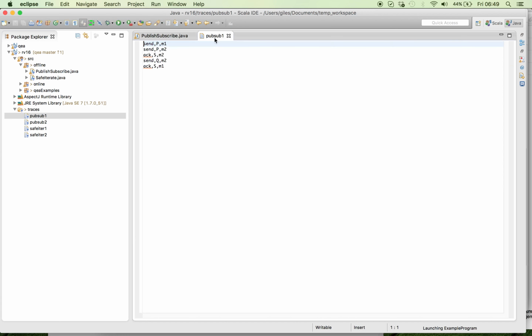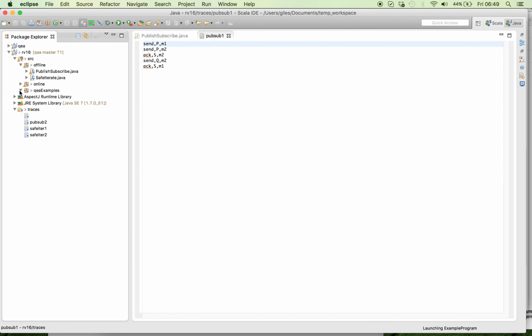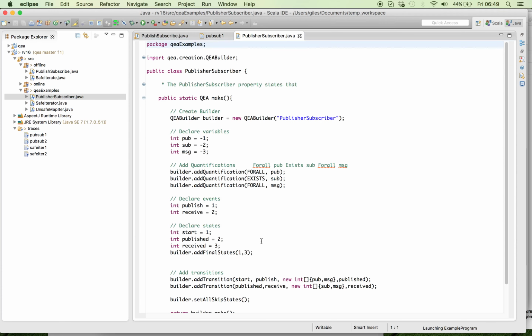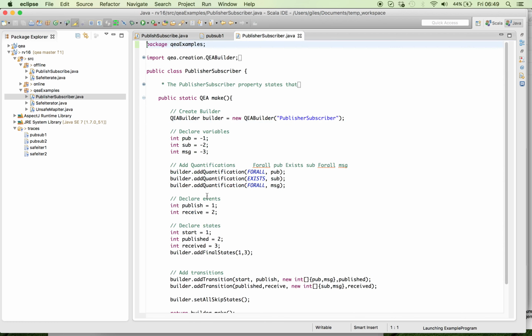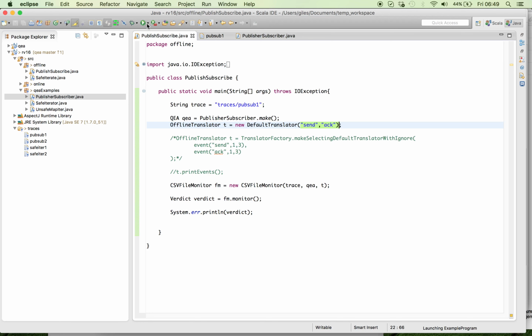Here, these events look very similar to the events we had here, and all we need to define is a default translator, which is the case where the number of parameters, the order of parameters and the types of parameters are exactly as they are in the specification, and there we just need to define the order of events. So this is event 1, event 2, and here we had event 1, event 2. And I can run this,